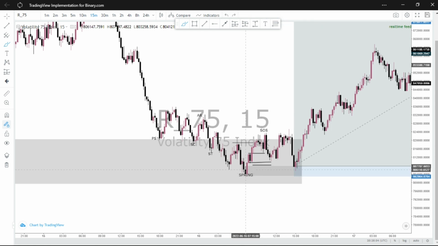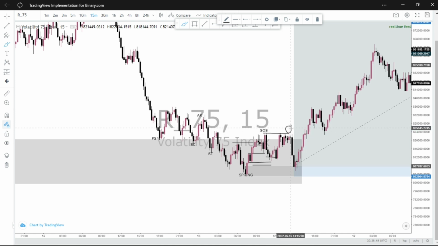So I was waiting for the original zone to be tested. Why? Because this right here, I mean, I did have an entry here, but it didn't stick. Why? Because I didn't see a clear break in here. This was a weak breaker structure, which is also an absorption move. So the minute I saw this indecision of price in here failing to break this high, I went out and waited